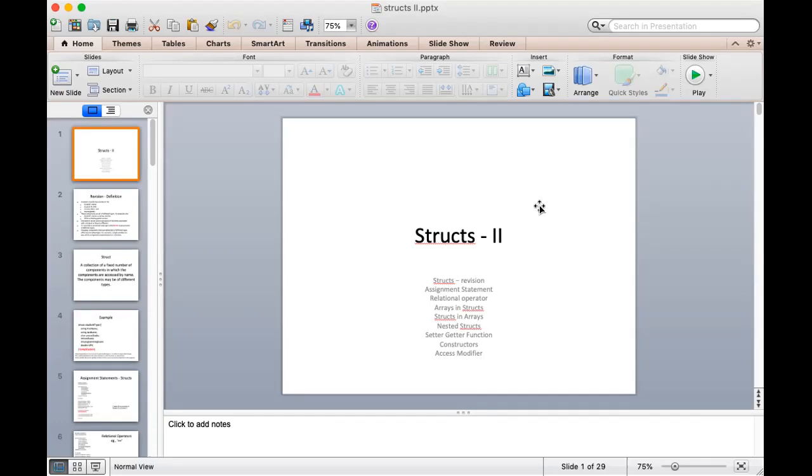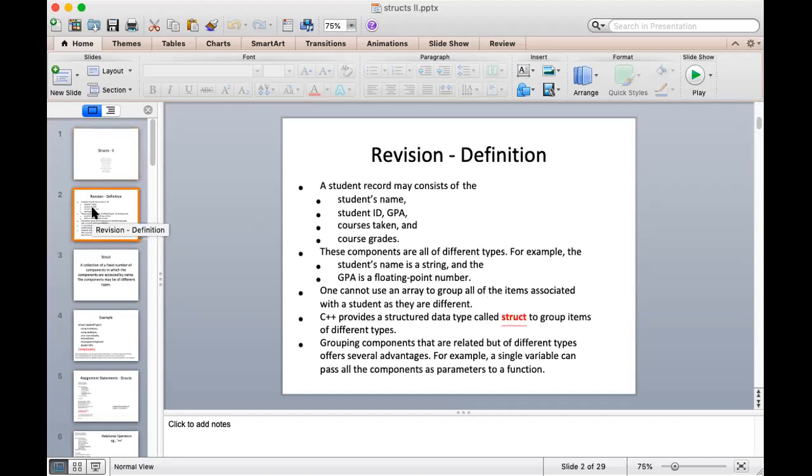And as in the previous videos, I'll basically be implementing and showing you some of the programming practices that are used in structs. So before we move on to that part, where some programs will be shown to you, and we'll run them with various operators and see how the structs actually behave,